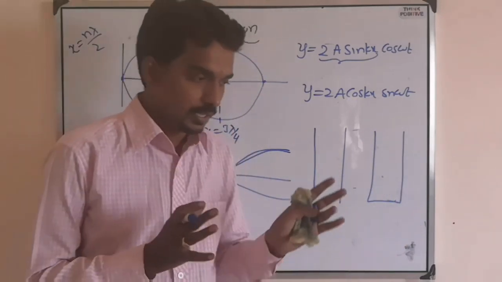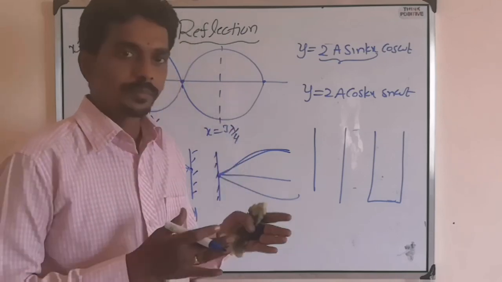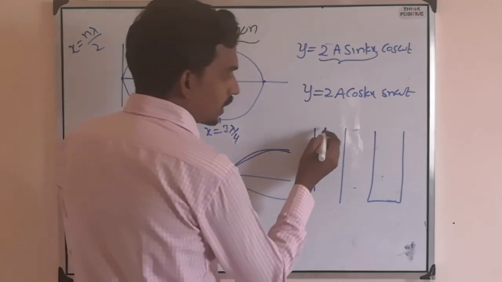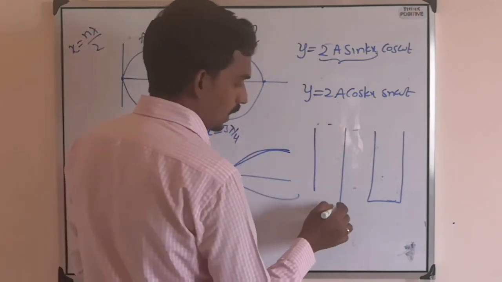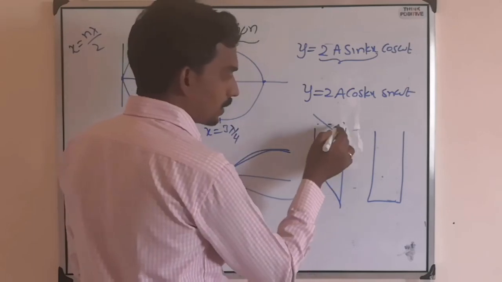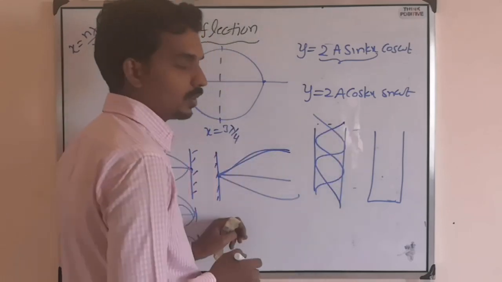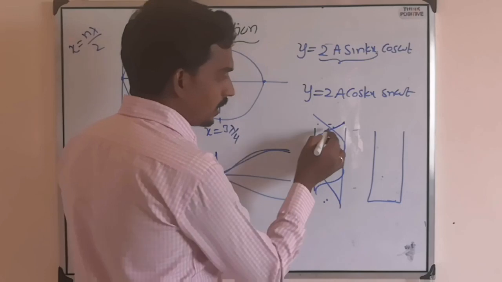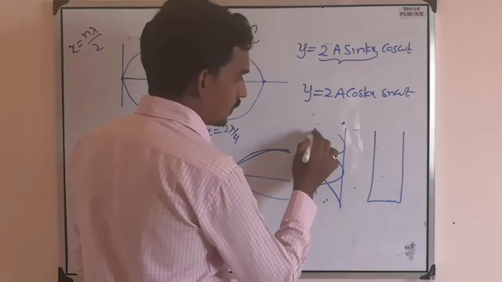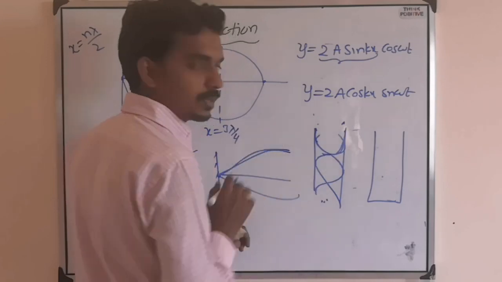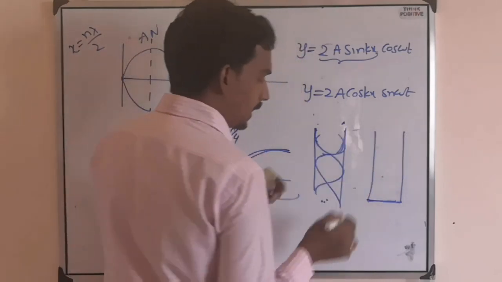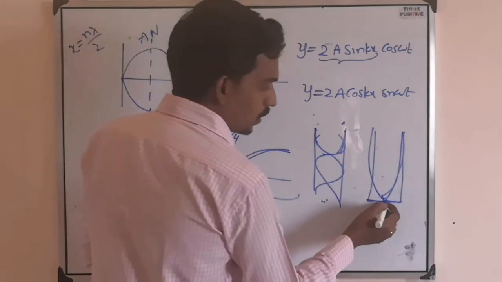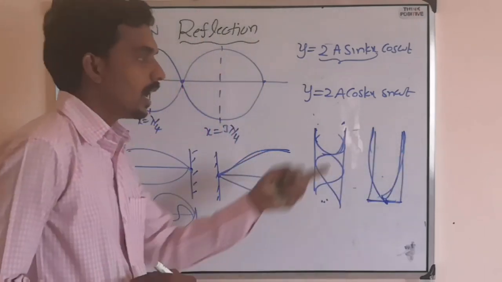When a sound wave or a wave travels through the pipe, then it gets reflected from the free end also. Like wave is going like this. Then it will reflect from the free end and mix with this one, so that stationary waves will form. If both ends are open, then see here. At both ends maximum will form. If one end is closed and another end is open, then like this it will come. So at closed end, meaning fixed one, node. At open end or free end, antinode.